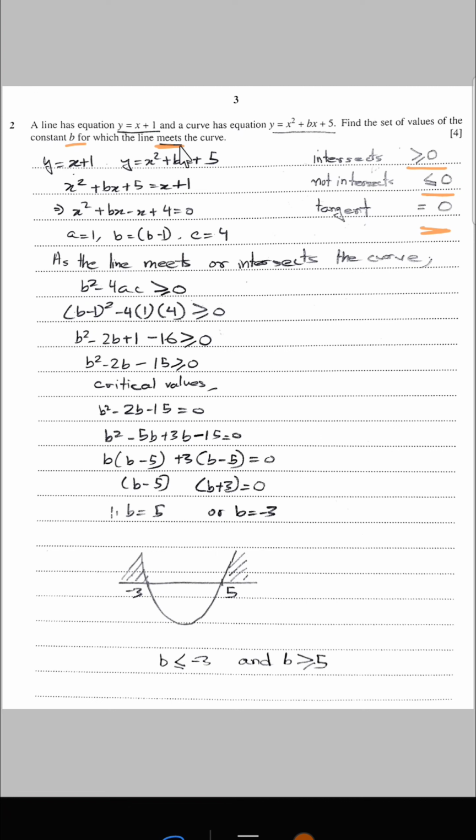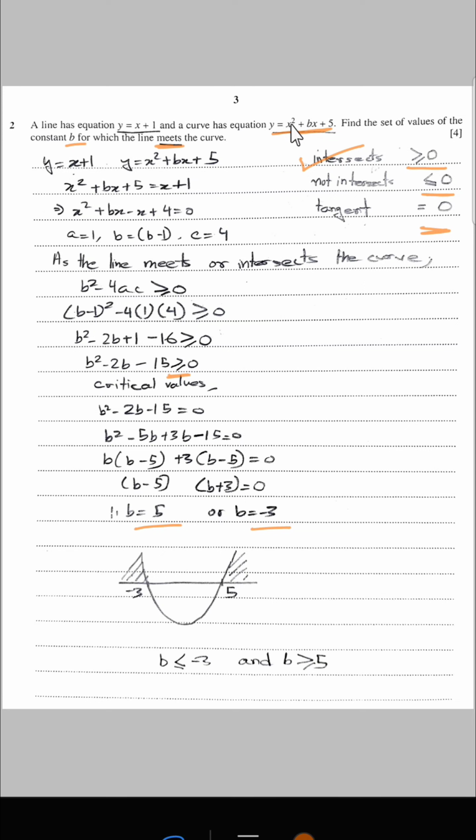Since the line meets the curve or intersects the curve, b squared minus 4ac is greater than or equal to 0. So we find an expression in terms of x by equating both the y's. Then, as the line intersects the curve, b squared minus 4ac is greater than or equal to 0. We then solve it to find an expression in the form of an inequality, and to find the critical values of b, that are equal to 5 and negative 3. And since this is our quadratic